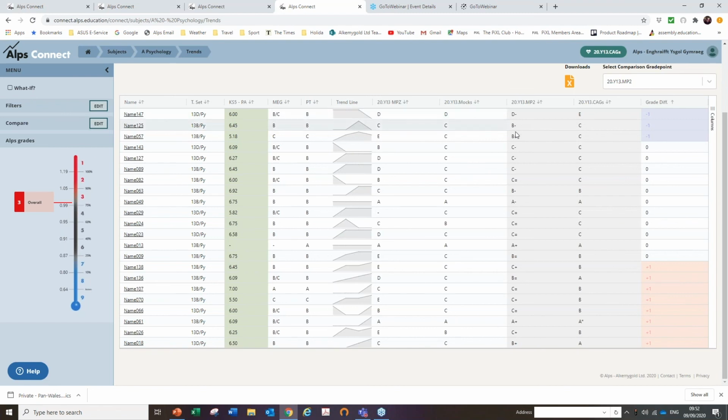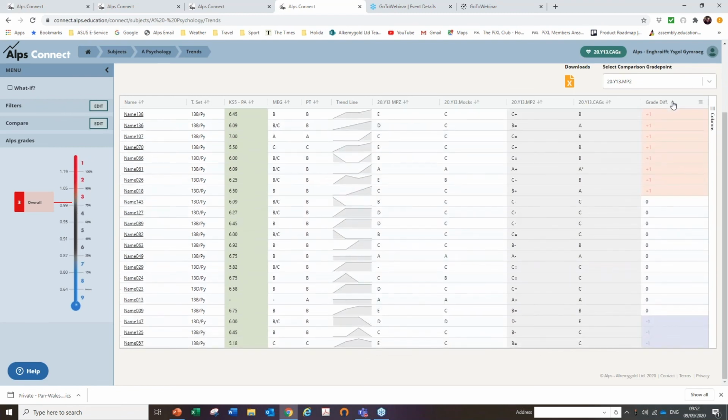If you're wondering what's going on here, by the way, this made-up school uses fine grades for predicted grades, and the minus means I'm not so sure about the D, might slip to an E. The minus again meaning the same. The equals, now that's a bit odd because the equals means I think they're secure on that grade, and any plus that you see means with a fair wind behind them on a good day could maybe get the A star. I'm going to sort by grade difference the other way, and you can see those that went up a